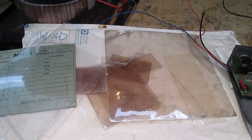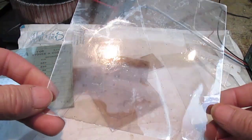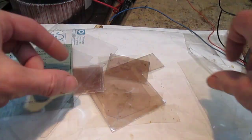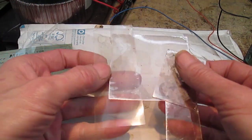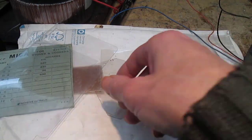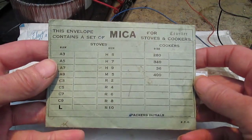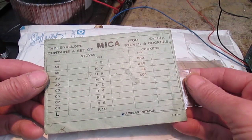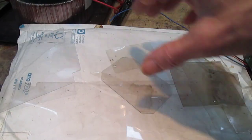I'm very fortunate to have sheets of new old stock mica. This is quite thick stuff. I think that's a bit of plastic. As you can see, I've got various sheets. It's not like a plastic, it's very hard. As you can see, when you cut it, it shears. And look at this, isn't this beautiful? Used to sell this for cookers and things. I don't know when this was from, way back when. So I've got some lovely old sheets of mica, but I'm not going to cut those up just yet